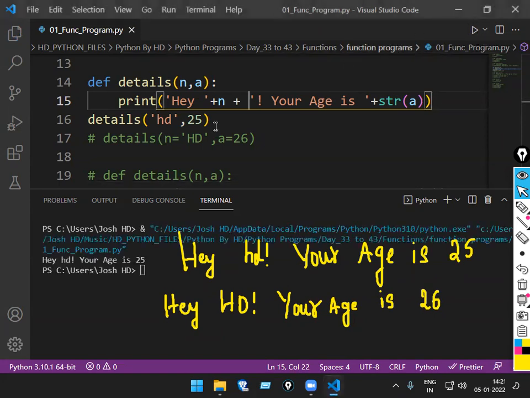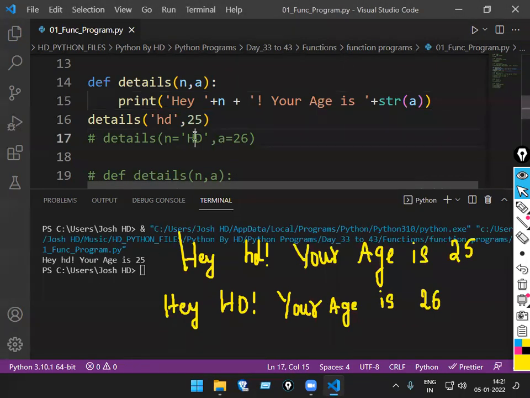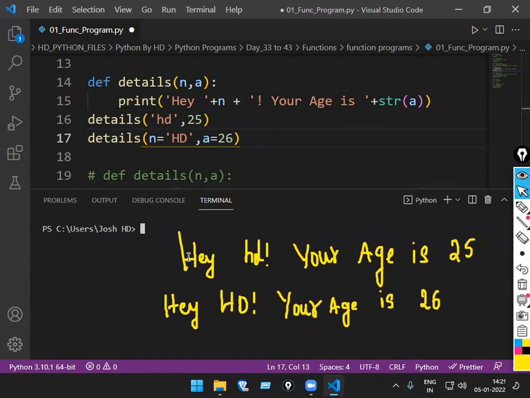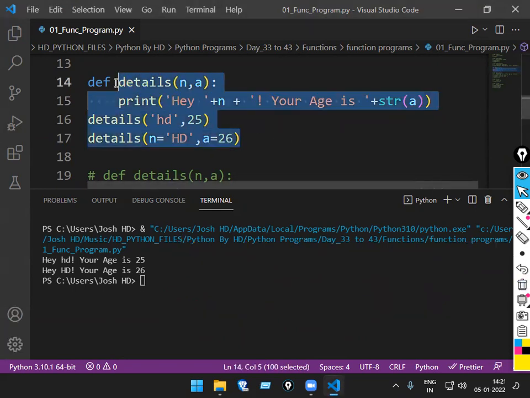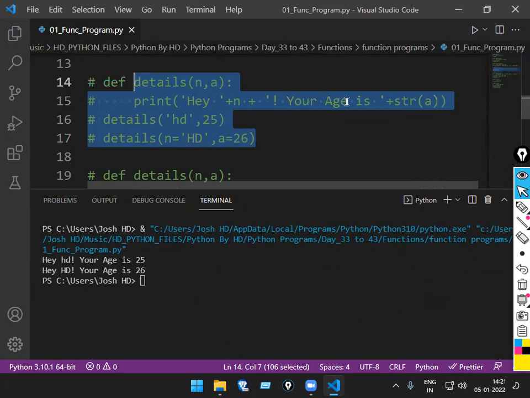So now run the code once. Only one we got. Why? Because I did not remove the comment for the 17th line. Okay, I'll remove the comment for the 17th line now. Both the outputs will come there. So run the code. Yes. Clear? Okay. Now, next one.